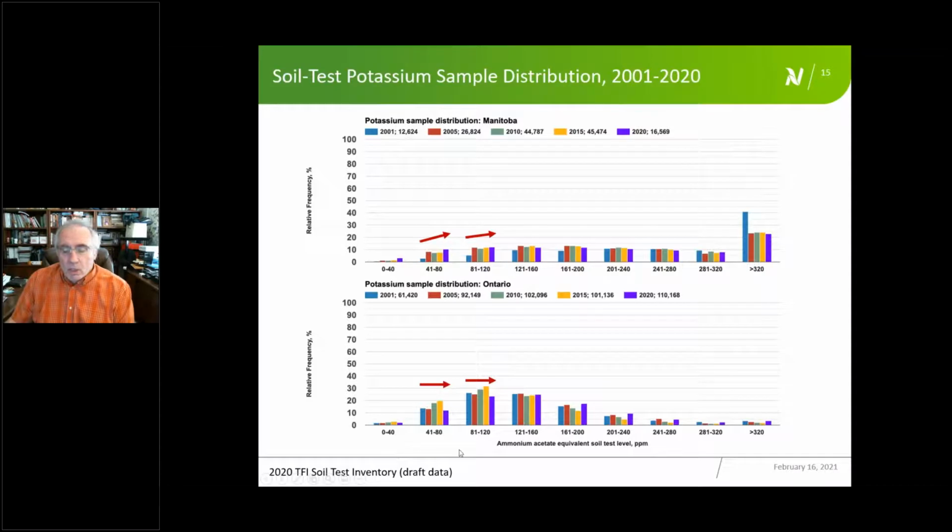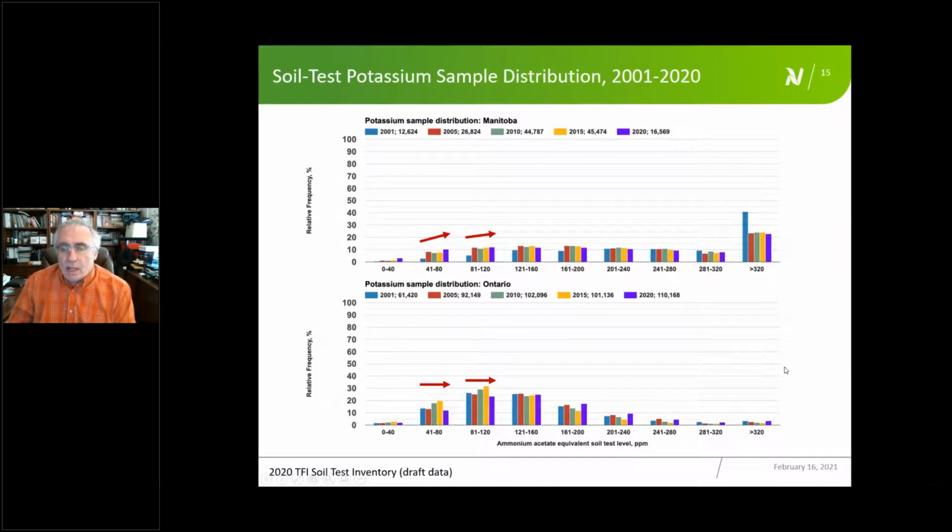And then in Ontario, soils that are more weathered, they're a bit older, less natural potassium. We see a lot of the soils kind of on the lower end of the range, not too many on the very high end like we have in the prairies. But the fact that we're not increasing those samples could be a concern where we have large crop demand from the crops that are grown in those eastern provinces. So would like to see these samples that are very low move up into a more optimum range